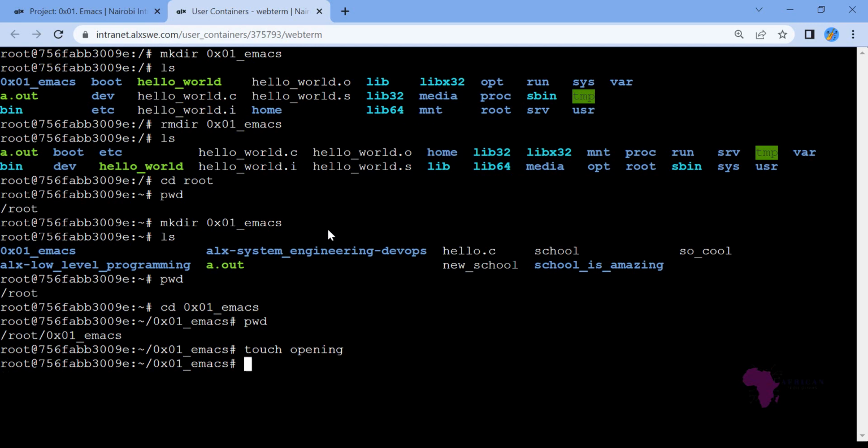So there's a different way of creating files. That is one. And then I've just created the file, that is file opening, and then let me write on it. How do I write? I use the echo command. So echo, and then I echo the answer, that is the command that is used for opening a file. So my answer of which command will be used to open a file is what I'm writing inside that particular